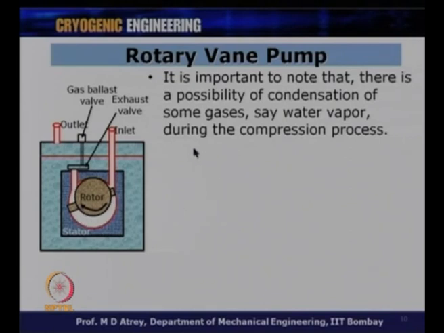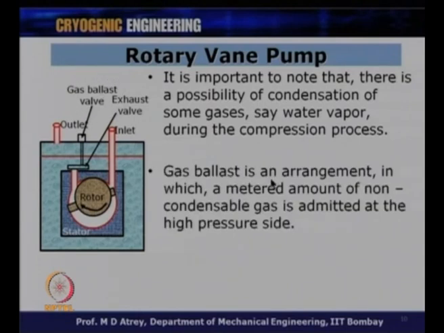So, in order to avoid this condensation of the water vapor or any condensable matter for that case, what is done? We have something called a gas ballast valve. Gas ballast is an arrangement in which a metered amount of non-condensable gas is admitted at the high pressure side. So, what we do is admit some high pressure air, or non-condensable gas, at this point,